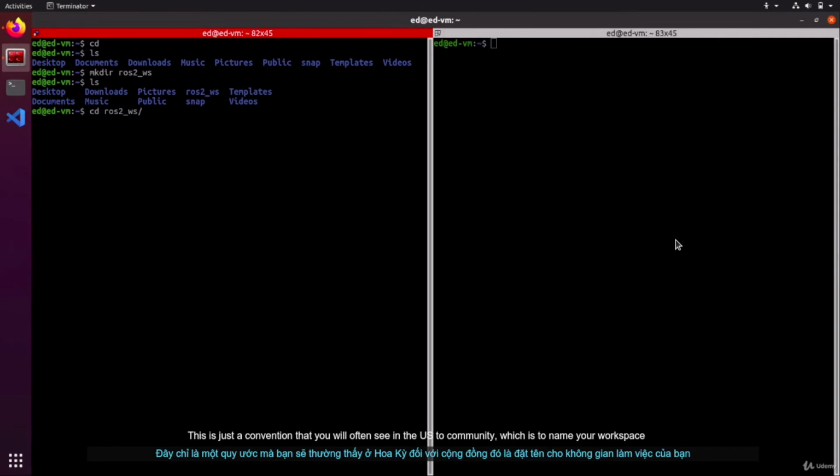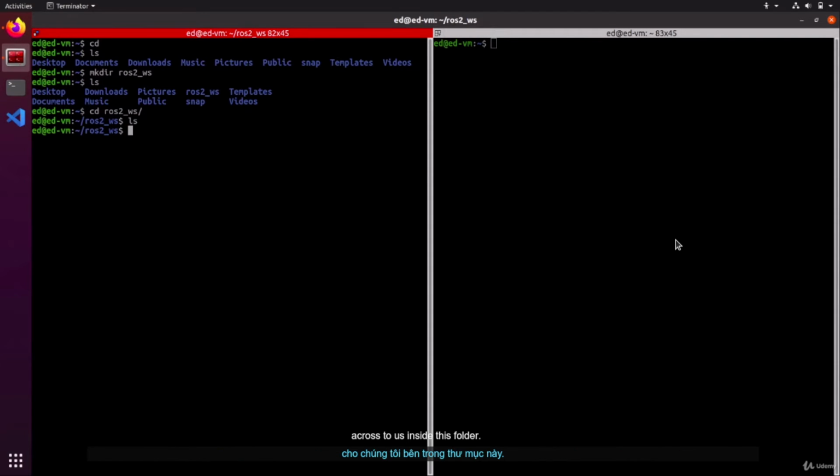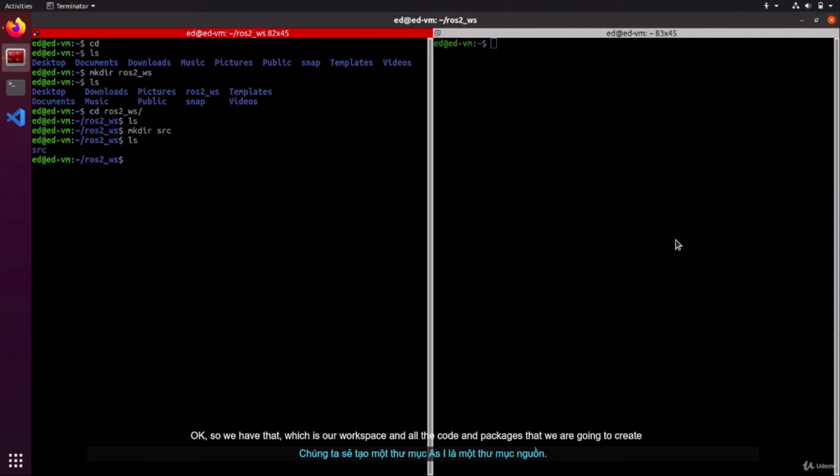This is just a convention that you will often see in the ROS2 community, which is to name your workspace ros2_ws. Inside this folder, we are going to create a src folder, which is a source folder. Okay, so we have that, which is our workspace. And all the code and packages that we are going to create in the following will be in the source